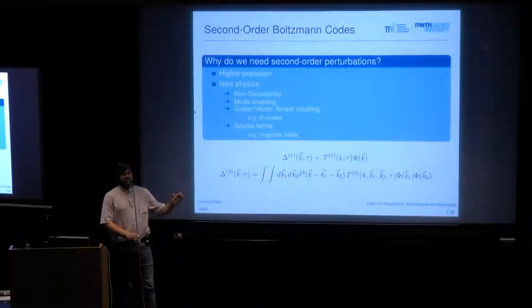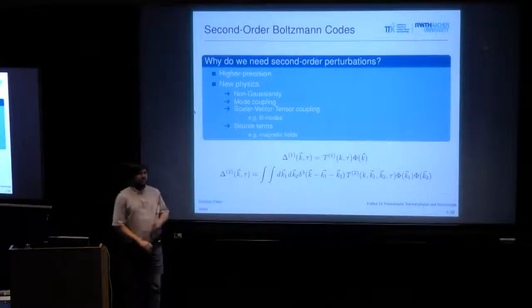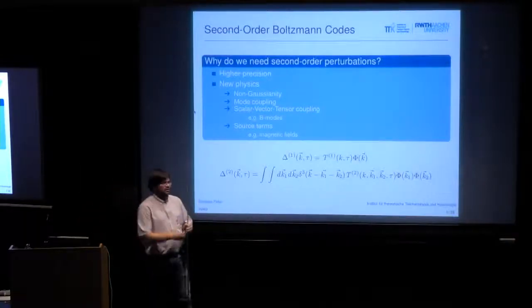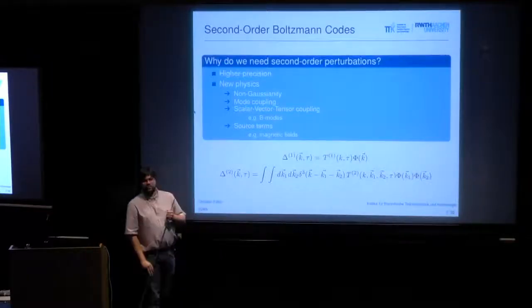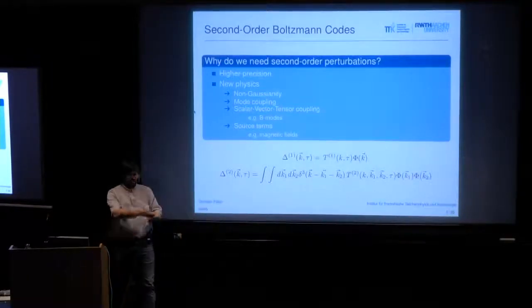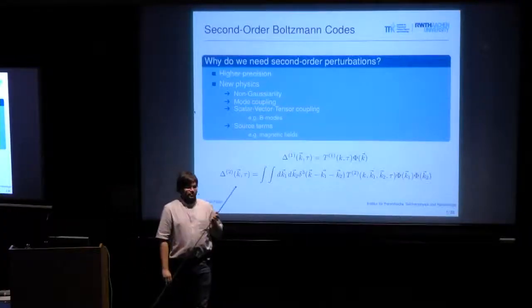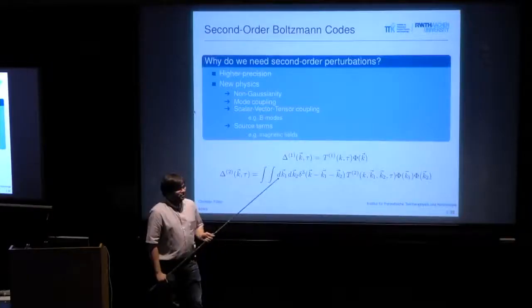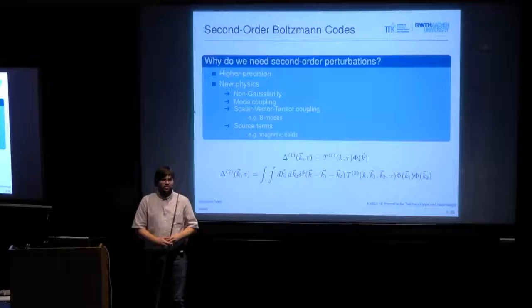you specify the initial conditions, and from the initial conditions, you can simply evolve your system forwards in time. There are no driving terms, no forcing terms, no external forces that would act on the evolution of the perturbations. Of course, all the perturbations are coupled with each other, but there are no source terms in the system of differential equations. And this changes at second order, and is due to the way one writes down the perturbation